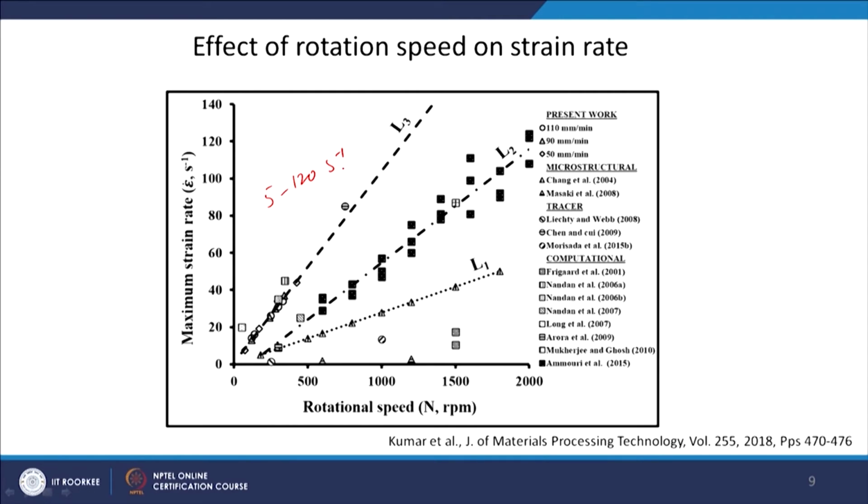So, one thing is clear, okay, the temperature attained is around more than 0.5 Tm. The strain rate attained is at least more than 1 per second. Okay. It can go up to 100 per second also. The strain which you are achieving is also in the range of 5 to 10, for example. Okay. So, strain rate achieved and the temperature, all this contribute to the dynamic recrystallization in these materials.